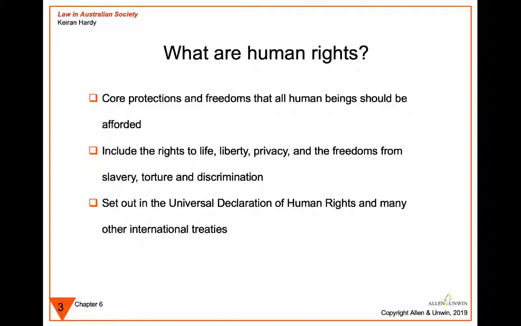The difference is we have human rights because we're human, and we have civil liberties because we live under a liberal democratic government. So there is some overlap between them, but human rights extends to lots of other things like freedom from slavery and torture, which we wouldn't normally call civil liberties. One of the first major human rights documents was the 1948 Universal Declaration of Human Rights that was published after the Second World War. And there you can see a list of the major human rights that should be protected.